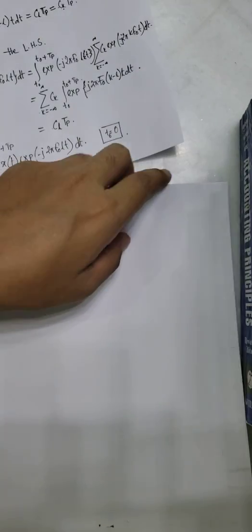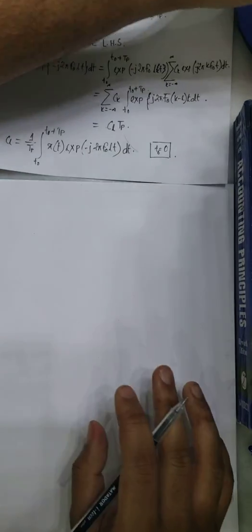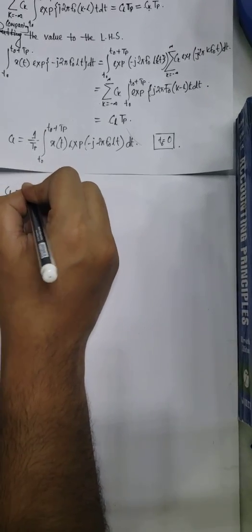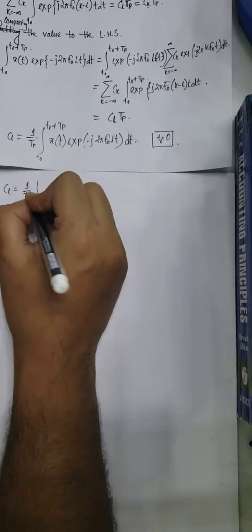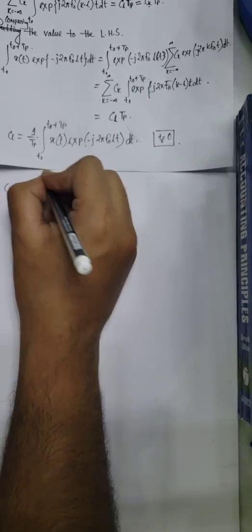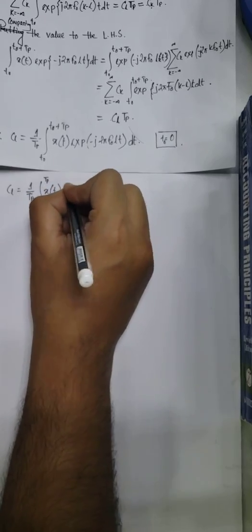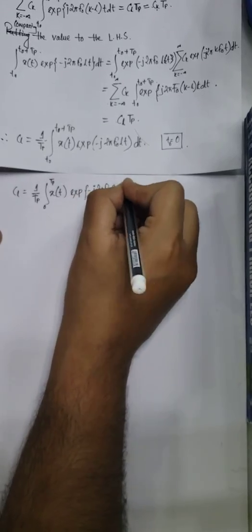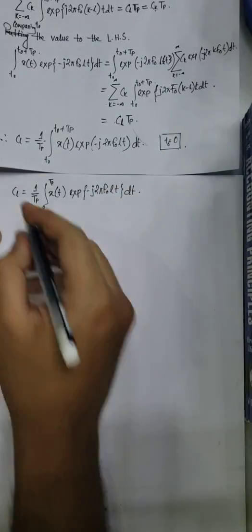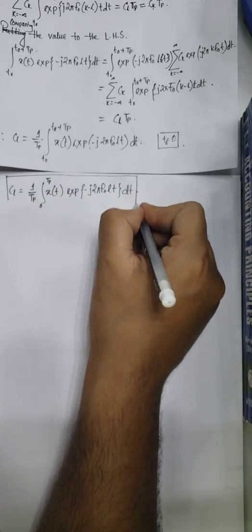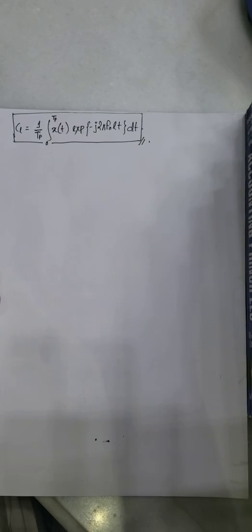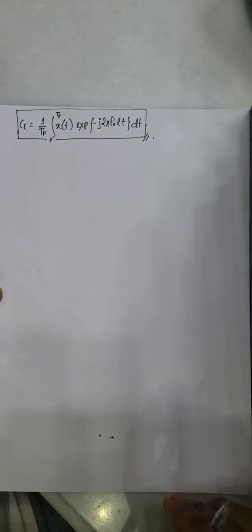Sorry once again for the inconvenience. C L now becomes 1 over Tp, integral from 0 to Tp of x of t e to the power j 2 pi f naught L t dt, which is the required expression through which we will calculate the Fourier coefficients. Now we can summarize the